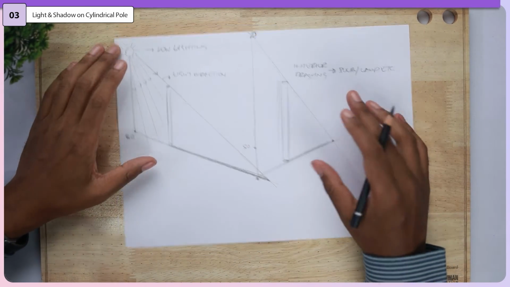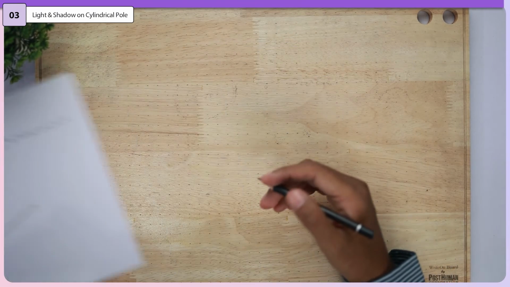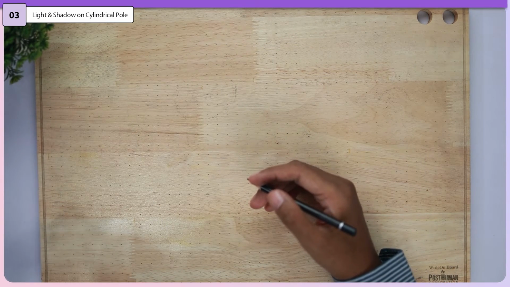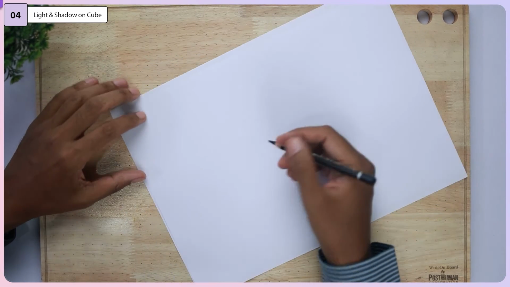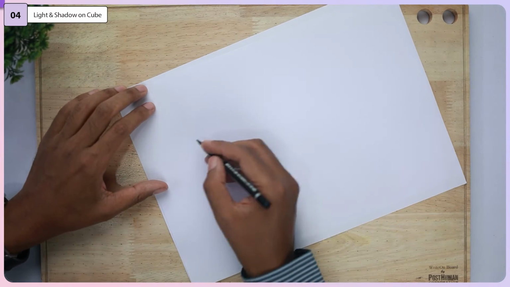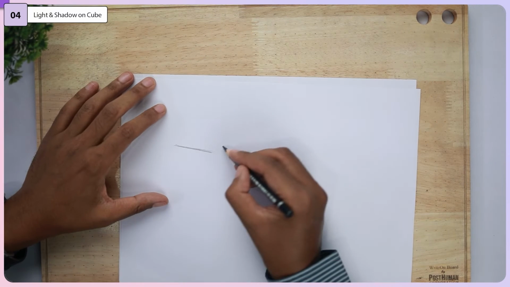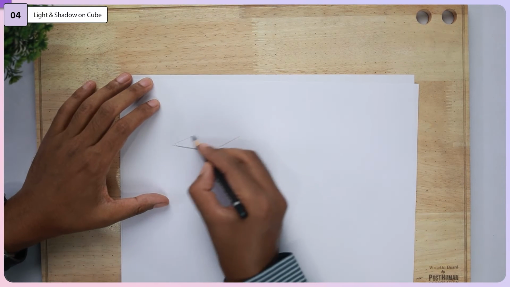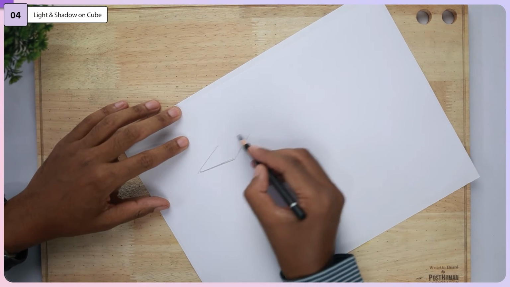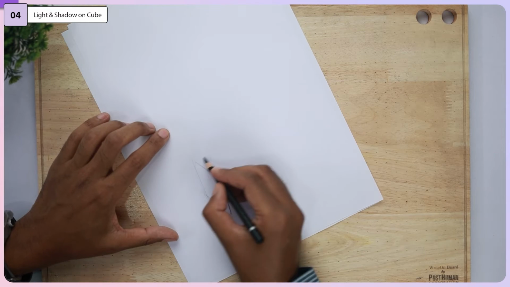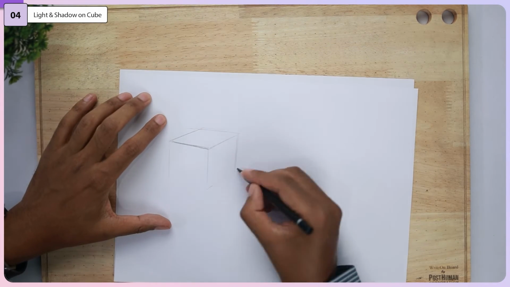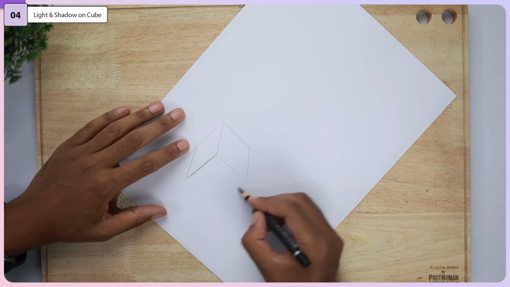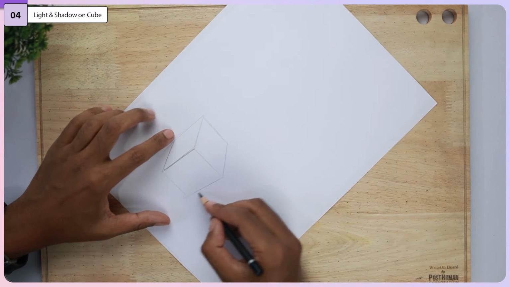Now let's look at this example in the form of a 3D object, because in most cases when we draw in the exam, we're going to get 3D objects. We're going to start with a very simple example, a cube, and creating the shadow of a cube applies to product drawing. Here I'm taking an example of a 2-point perspective cube. Make sure that when you're practicing this, your cube is in perfect perspective.